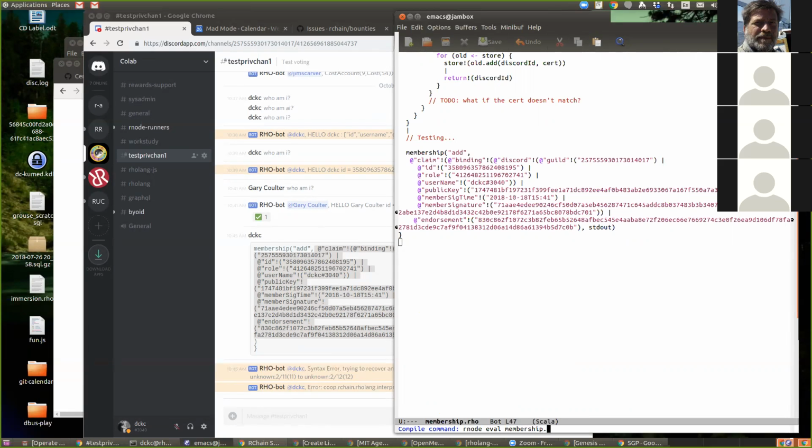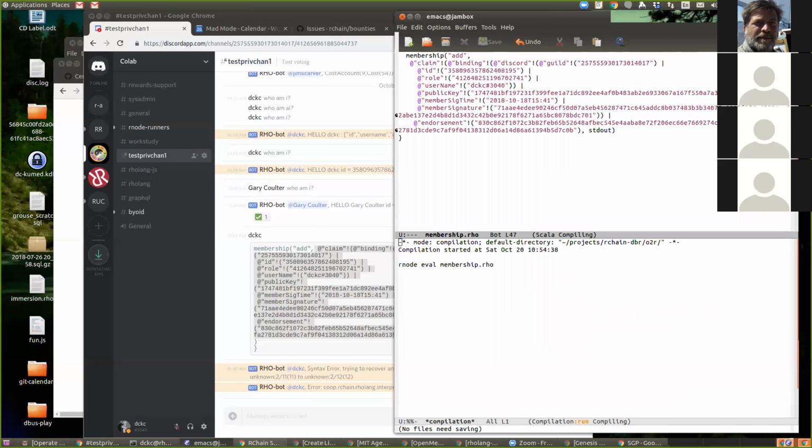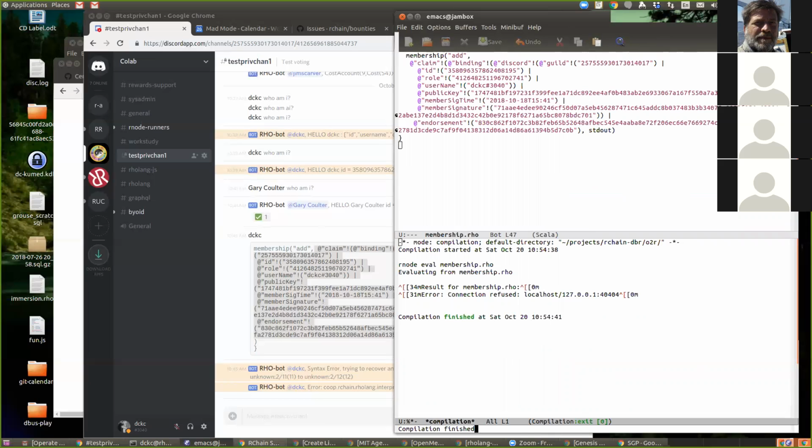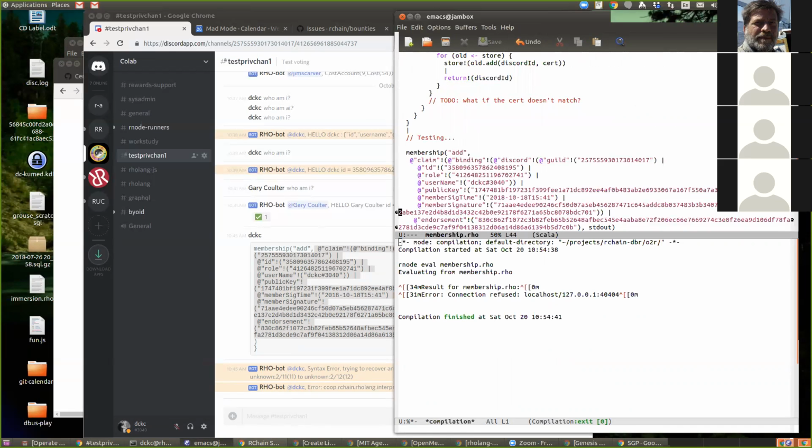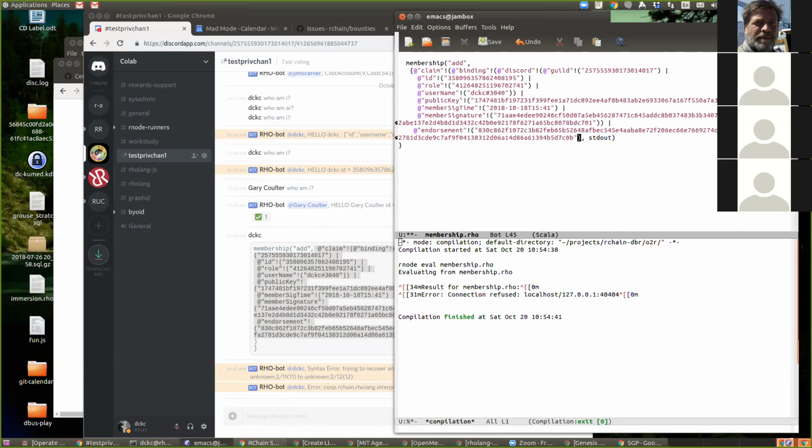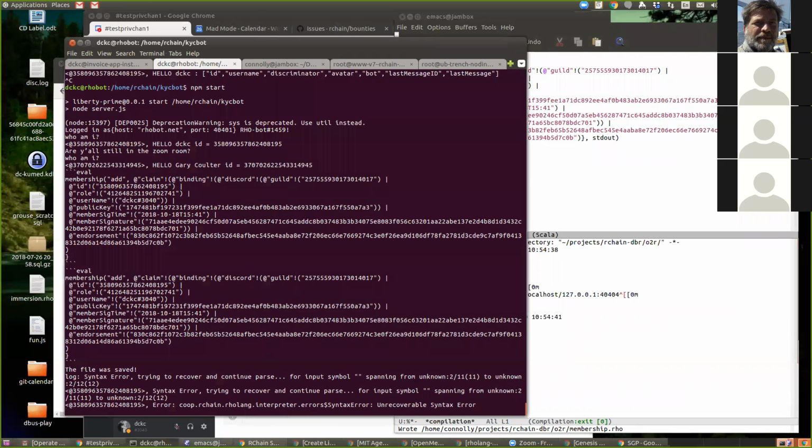And I think we need squiggly brackets around the claim. Really? Like this? That should do it. So I don't seem to be running a node.